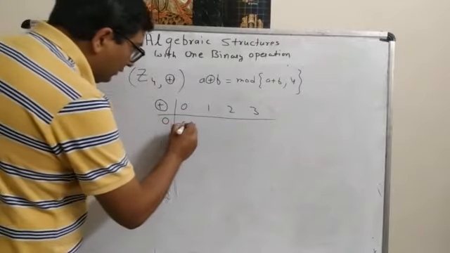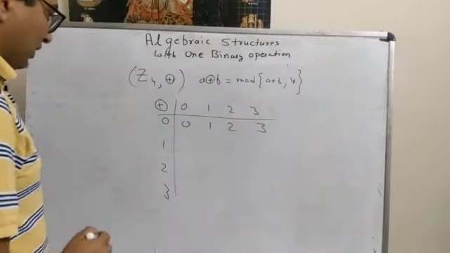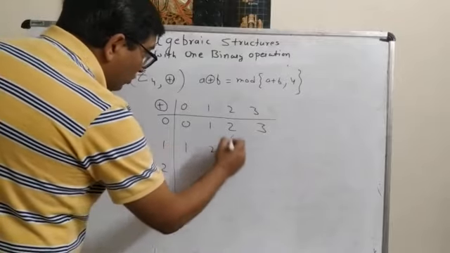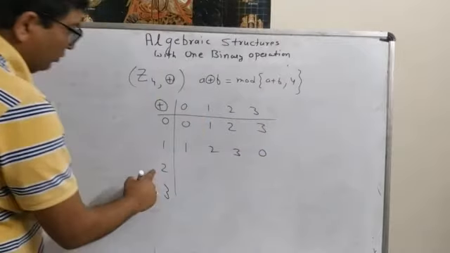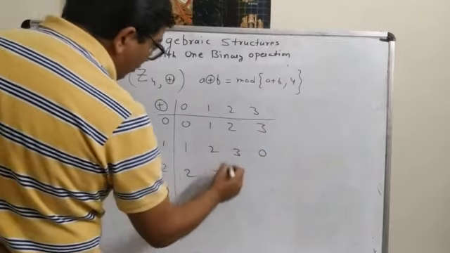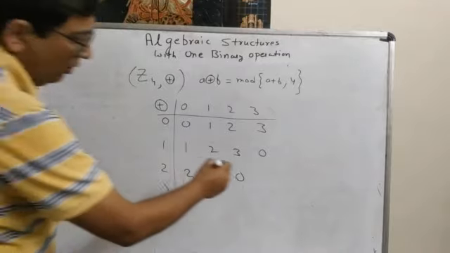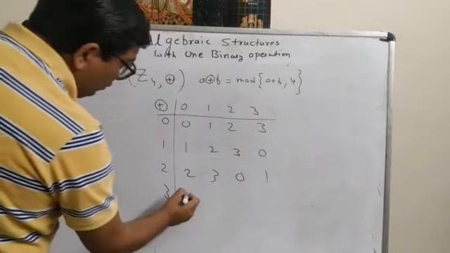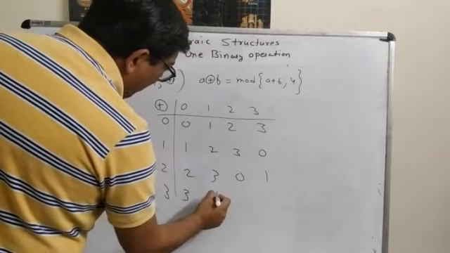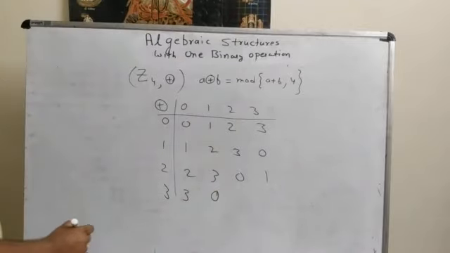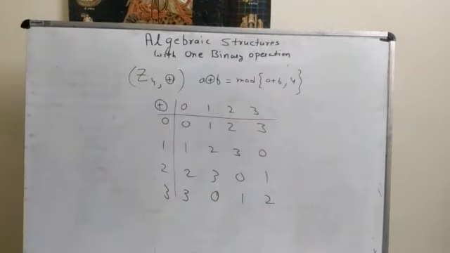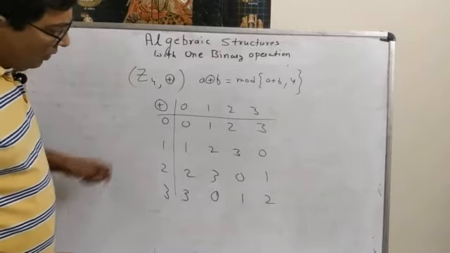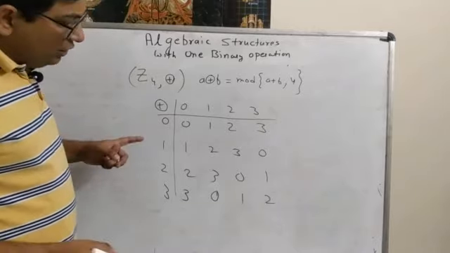So first we get the same row. Now it is 1, 2, 3; 1 plus 3 is 4, and 4 mod 4 has remainder 0. Then 2, 3, 2 plus 2 is 4, again remainder 0; 2 plus 3 is 5, remainder is 1. 3 plus 0 is 3; 3 plus 1 is 4, remainder 0; 3 plus 2 is 5, remainder 1; 3 plus 3 is 6, remainder 2. Now this is the composite table, and as we have already discussed, with the help of this composite table we can check a lot of things.